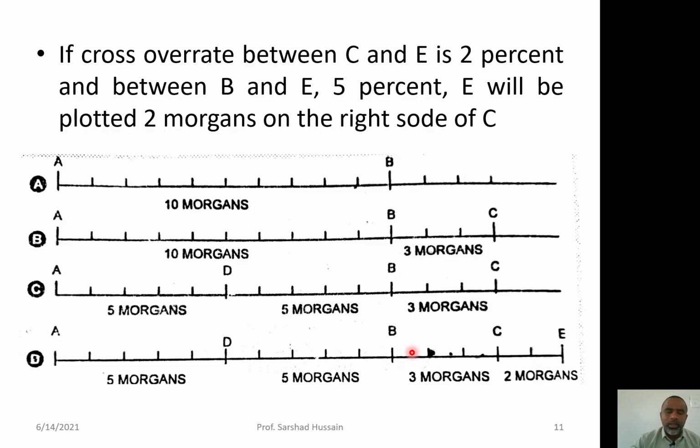So, this is how in a chromosome you can place the genes in a series, and you can place the genes at a particular distance. By indicating the distance, by indicating the position, you are able to map a chromosome, or you can plot the genes on a line with the help of a point, showing that this chromosome has this type of gene, and this is the arrangement of the genes. It is A, D, B, C and E. So, this is the linear arrangement of the genes, you can say.